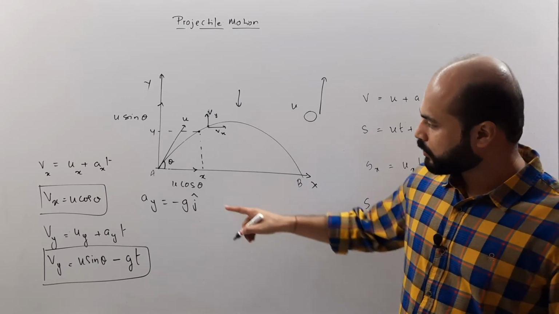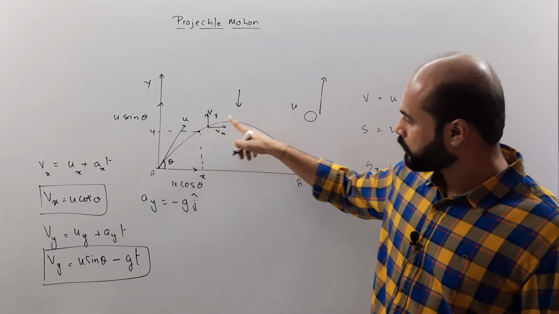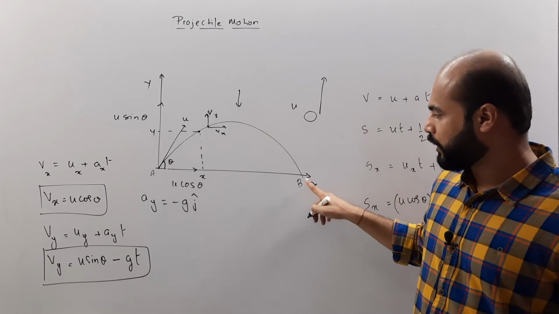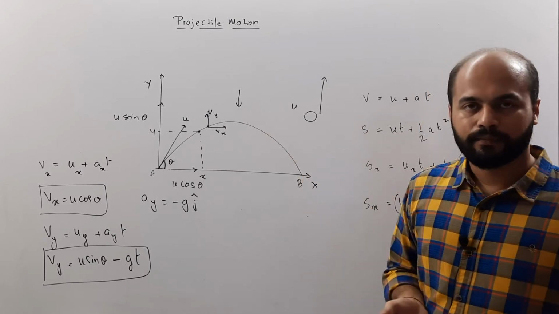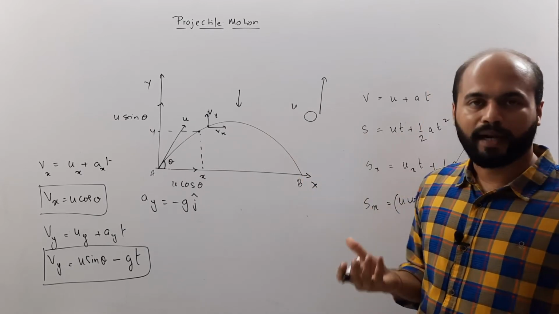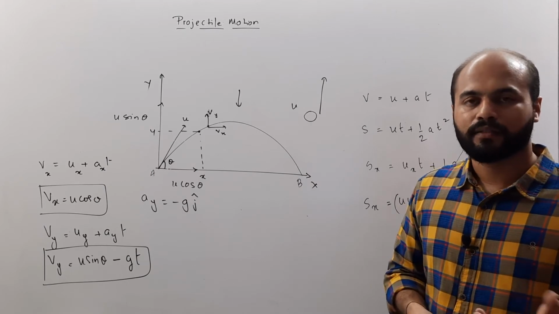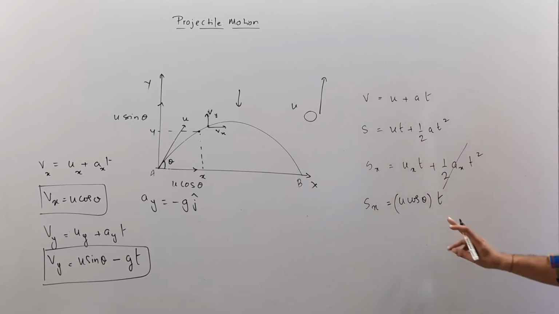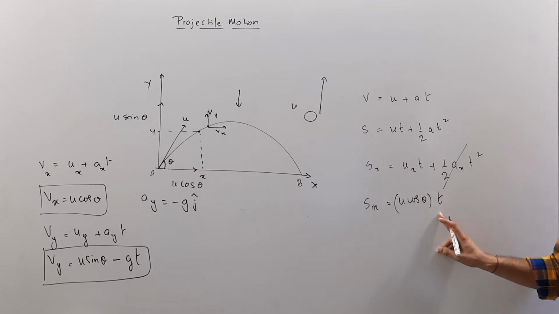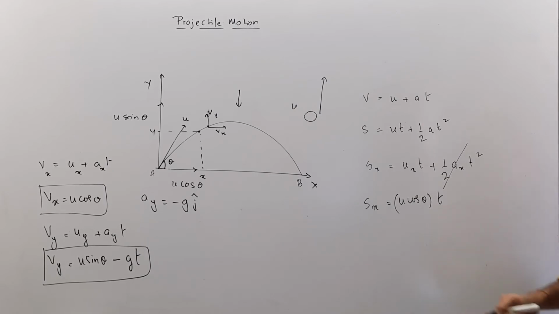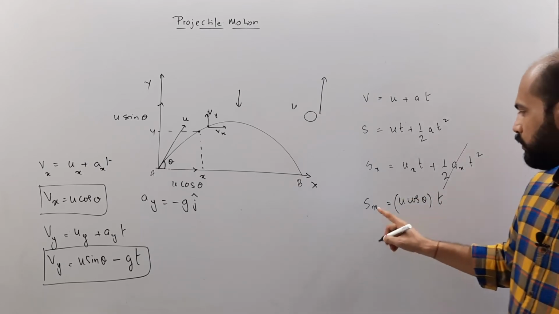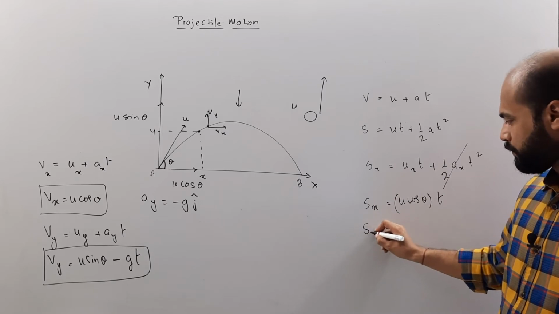Now if I consider that this entire trajectory over here takes time t, so we need to find that much time, how much time it requires, and if we put that time over here in this equation, then we will get the equation of range, which we are going to do very soon. For now this is Sx, that is what we have understood. Let us similarly write Sy.